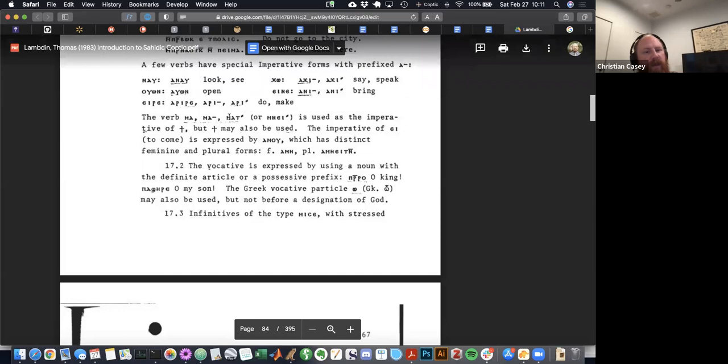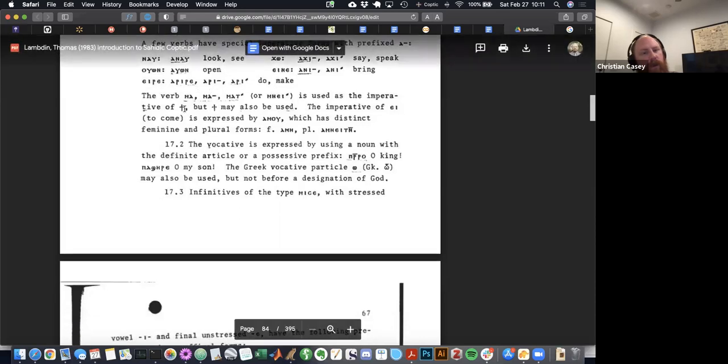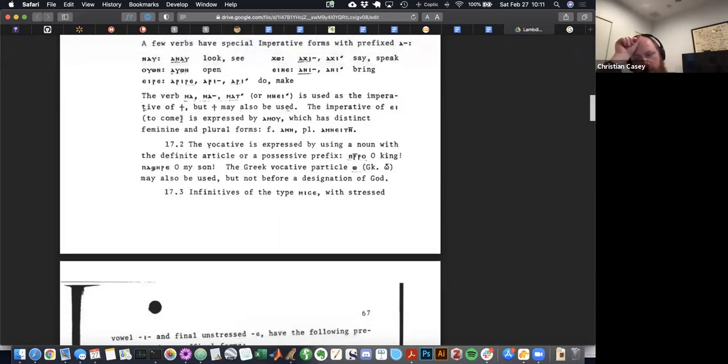A couple of minor details. The verb ti, give, has an irregular imperative, ma. It's super old, it's like that in Old Egyptian even. So ma can mean give as an imperative, whereas ti is the normal verb. It's probably this case of, oh man, one of my linguists tell me the name for this thing. I forgot the linguistic term. It's where it's actually two totally different lexemes, but they kind of divide up the labor, so they end up becoming kind of one.